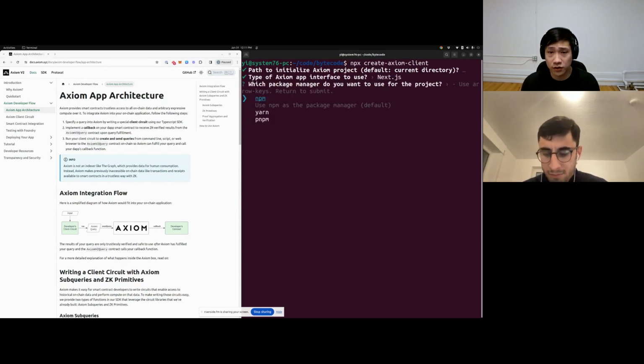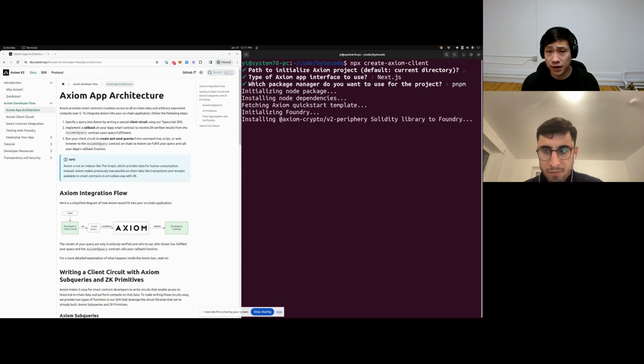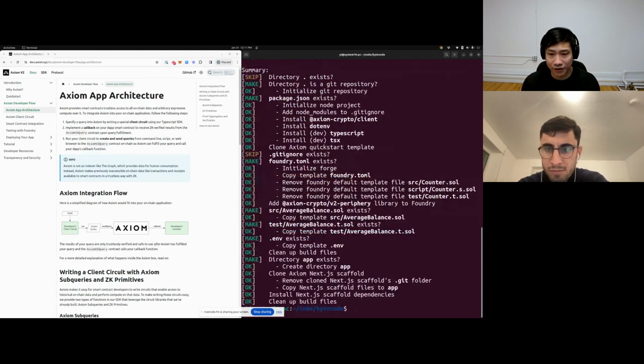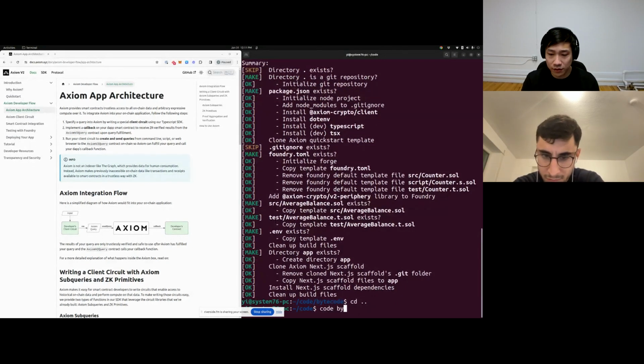So here I'll just choose Next.js. And we let you choose your favorite. So once it finishes installing, what this is going to do is initialize a Foundry project with a smart contract integration into Axiom preloaded, as well as a default Axiom circuit, which will just compute the average balance that was alluded to earlier. So if I open this up in VS Code,